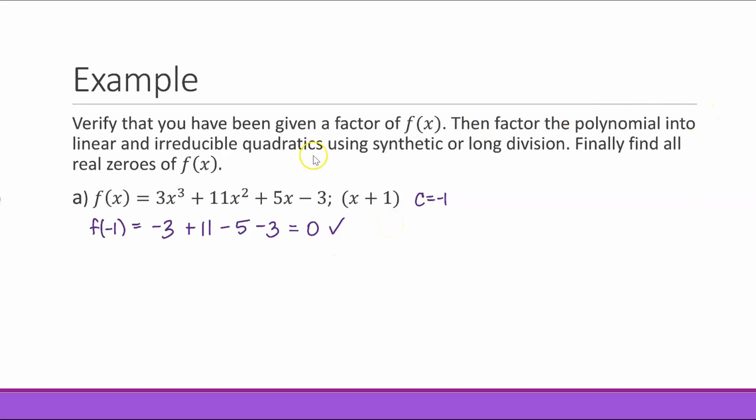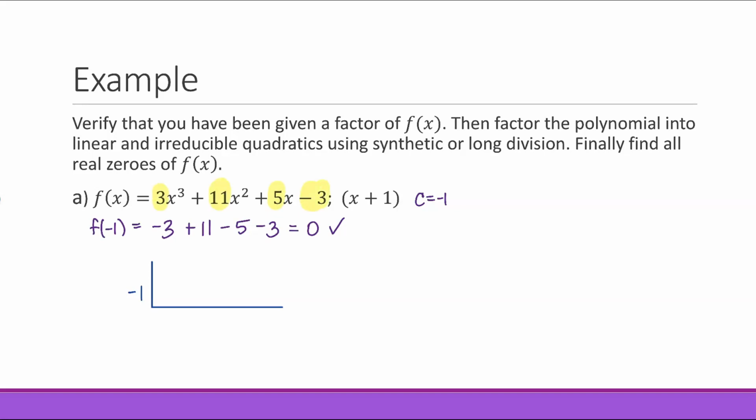Then factor the polynomial into linear and irreducible quadratics using synthetic or long division. So I'm a good candidate for using synthetic division when I am dividing by a linear factor. So here I'm going to go ahead and set up my synthetic division. So I'm going to go ahead and create my synthetic division setup with the 0 value. So -1 is one of the zeros. So I'm going to set that up on the outside, and then I'm going to go ahead and take all the coefficients